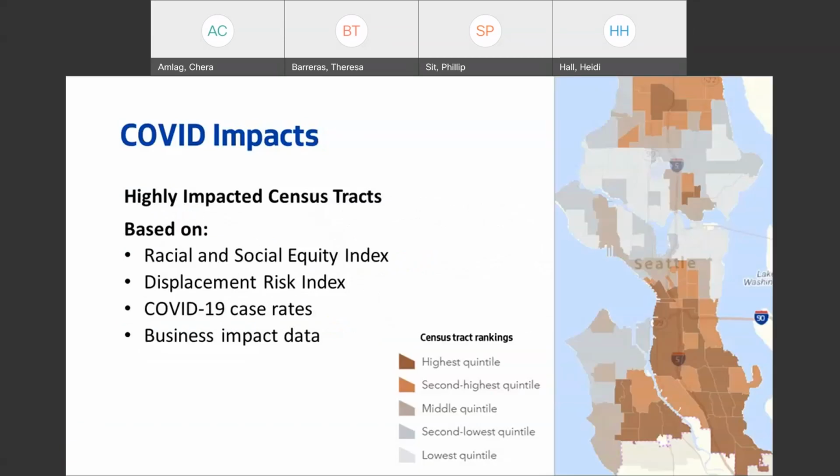And so I wanted to touch a little bit on COVID impacts. The city of Seattle did an analysis of different data points and developed some maps to understand areas of the city that were highly impacted by COVID. These maps will help inform the review of the proposals. The map that you see on the slide is a compilation of the 4 different data points listed here. So that includes